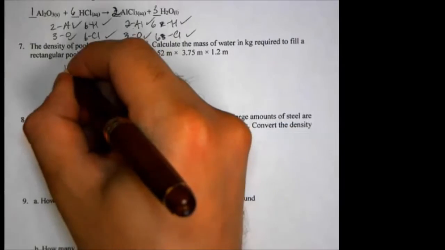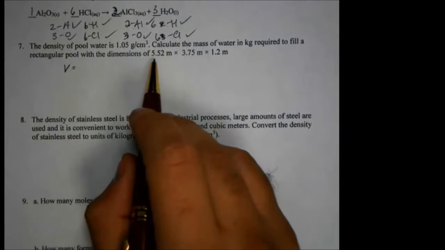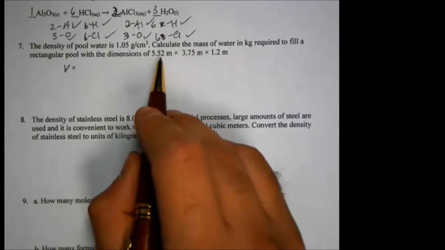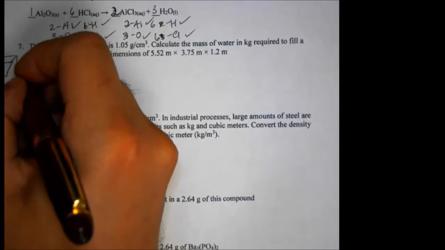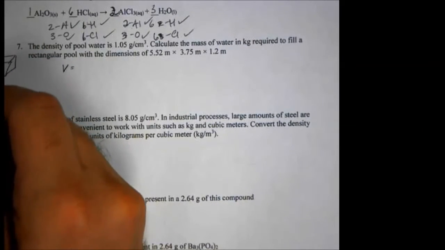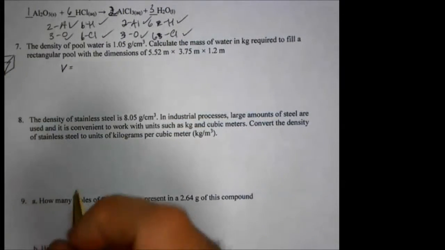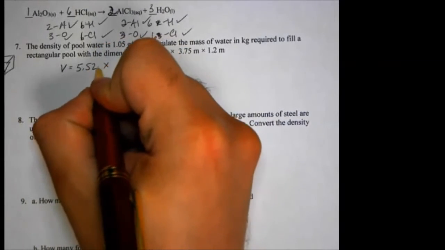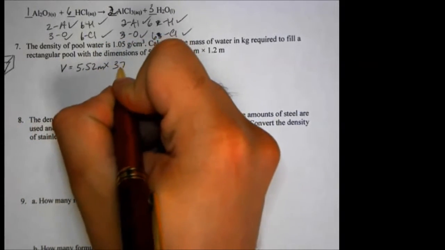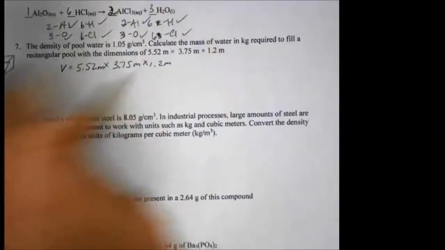So we know that the volume will be equivalent to the multiplication of each of these. Because in any rectangular prism, the volume is equivalent to the length times the height times the width. So that's what these are. So if we take 5.52 meters times 3.75 meters times 1.2 meters, we are going to get